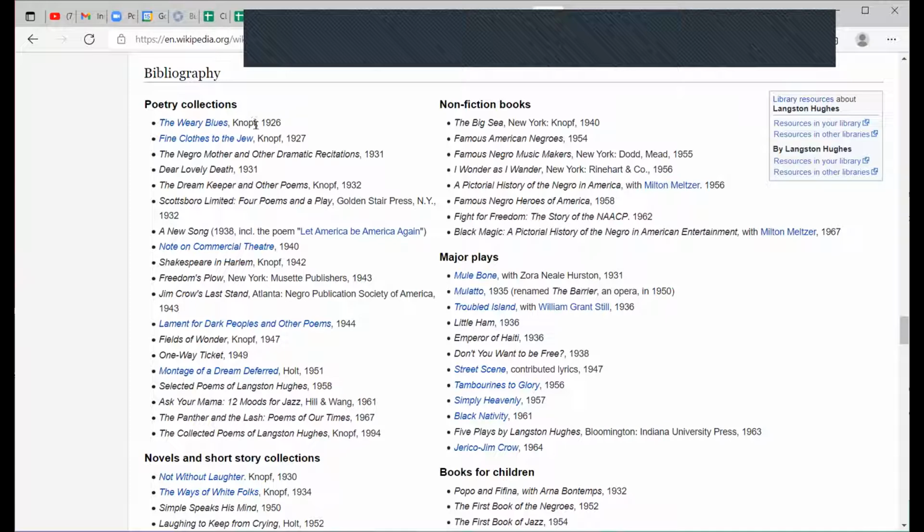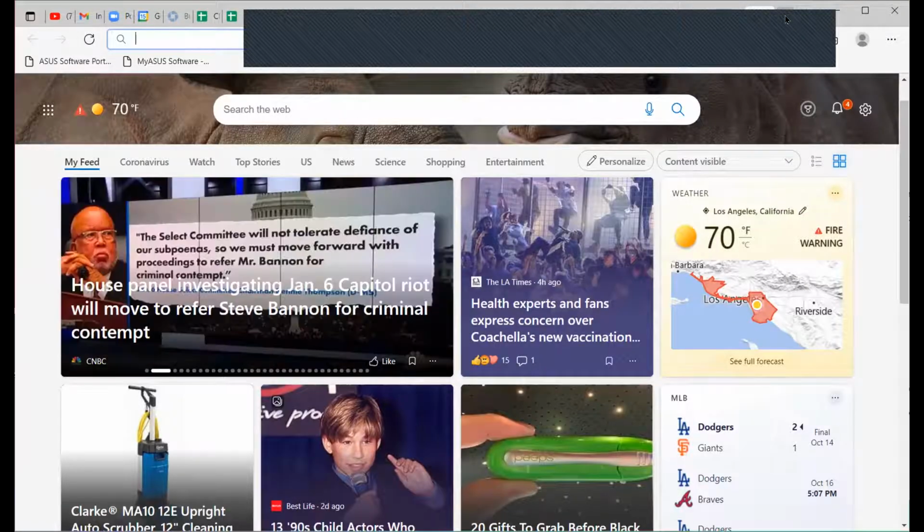And so that's another thing I pay attention to when I'm looking at the bibliography. I'm paying attention to the publishers because there's information there, right? If he published with Knopf in 26 and then again in 27 and then again in 32, that lets me know that he sold books, and they wanted to keep publishing. He published again with them in 1942, right? So always good to pay attention to who's publishing the work. I'm just going to keep that in mind.